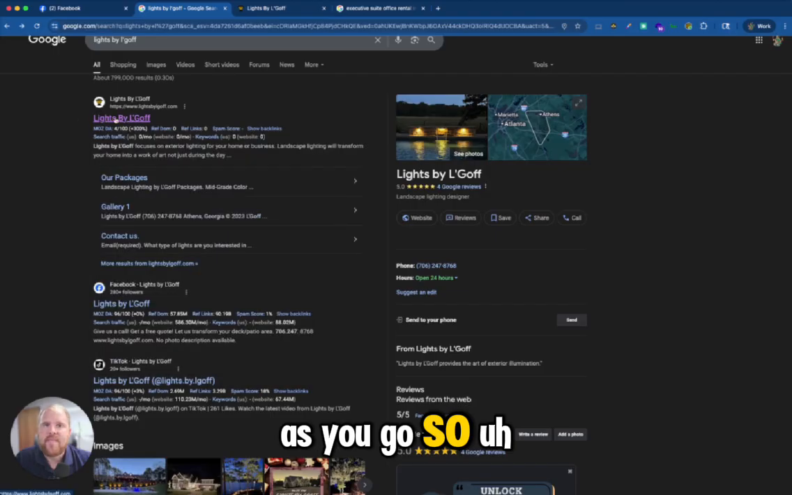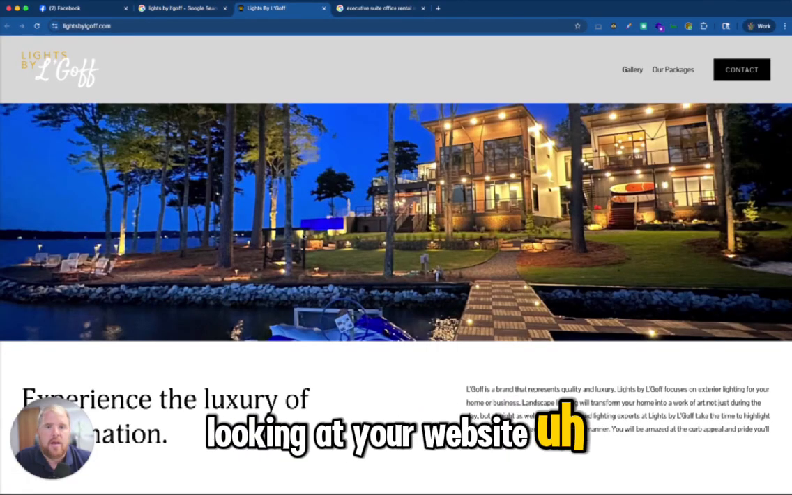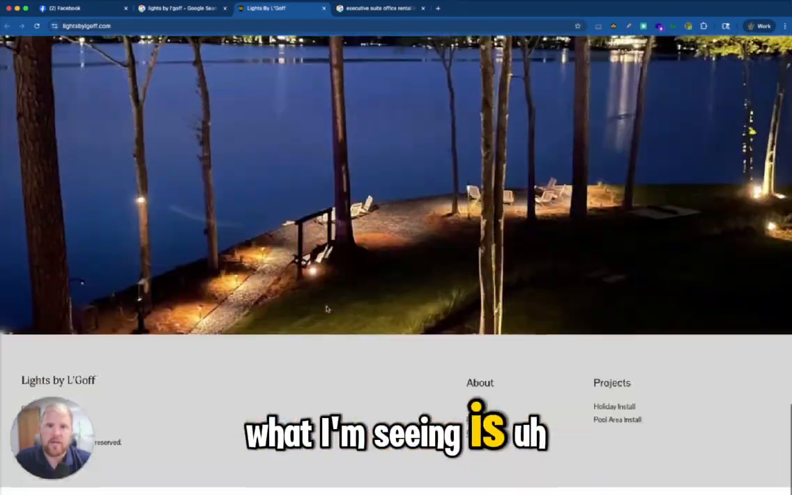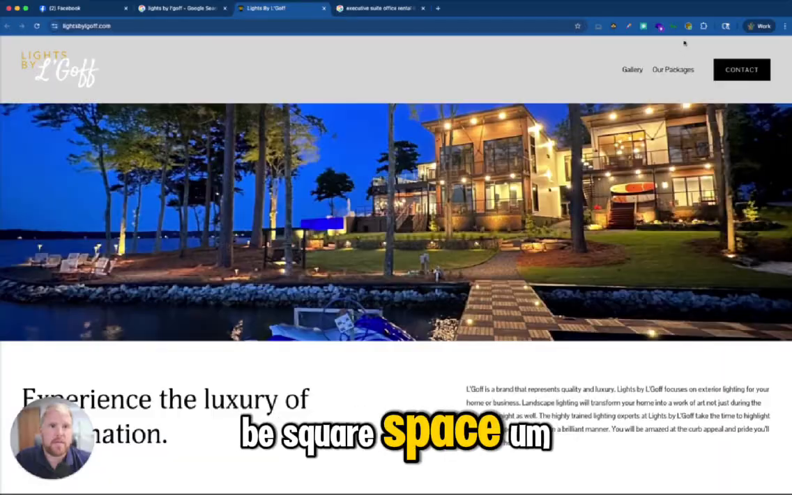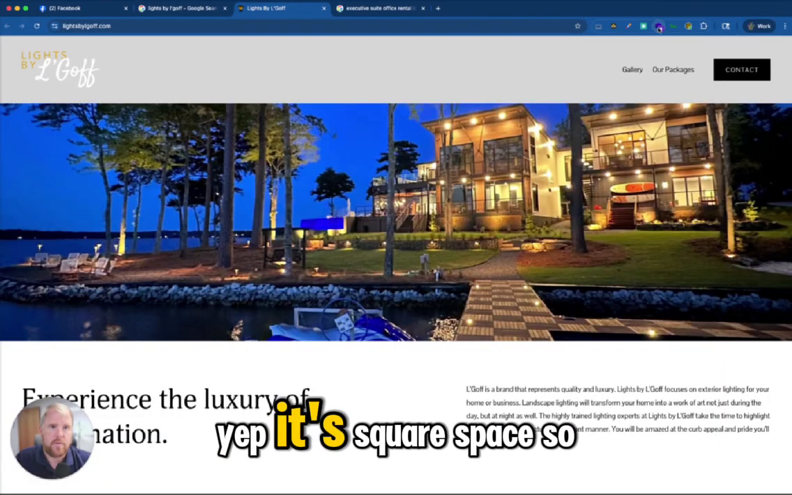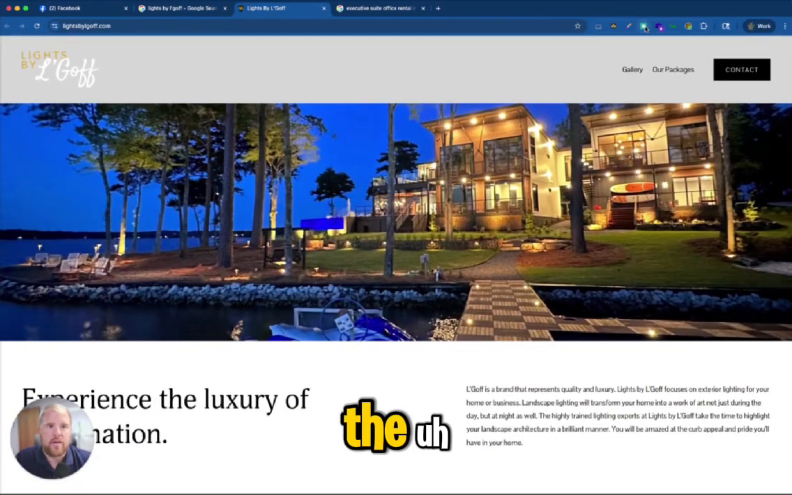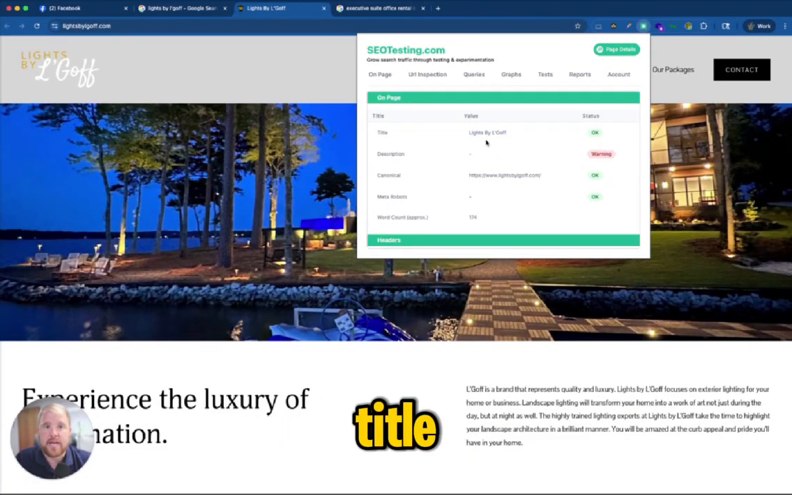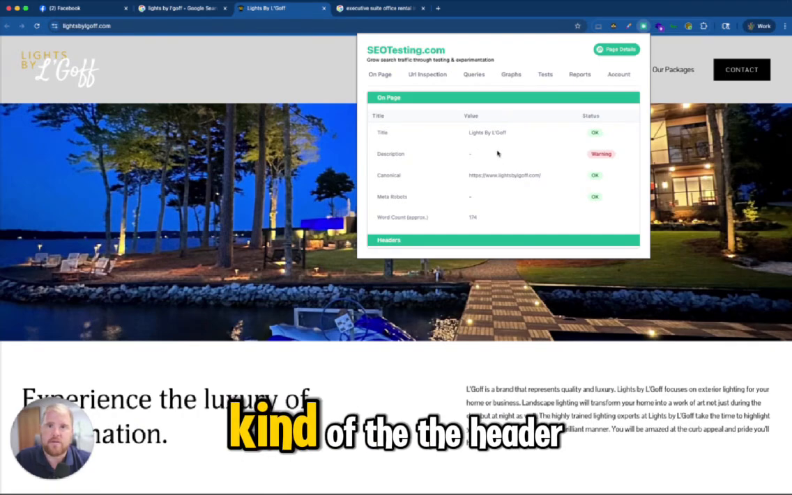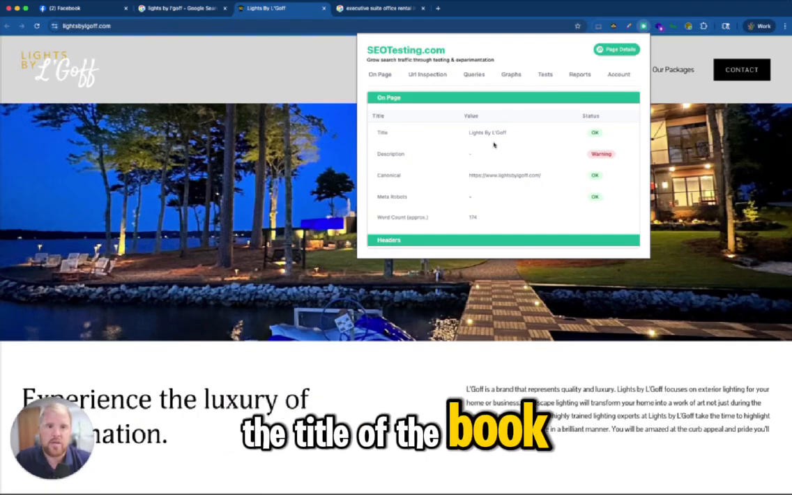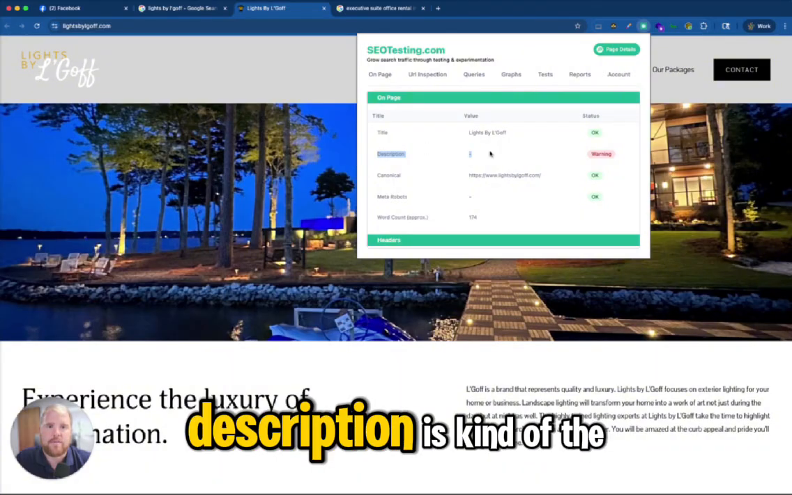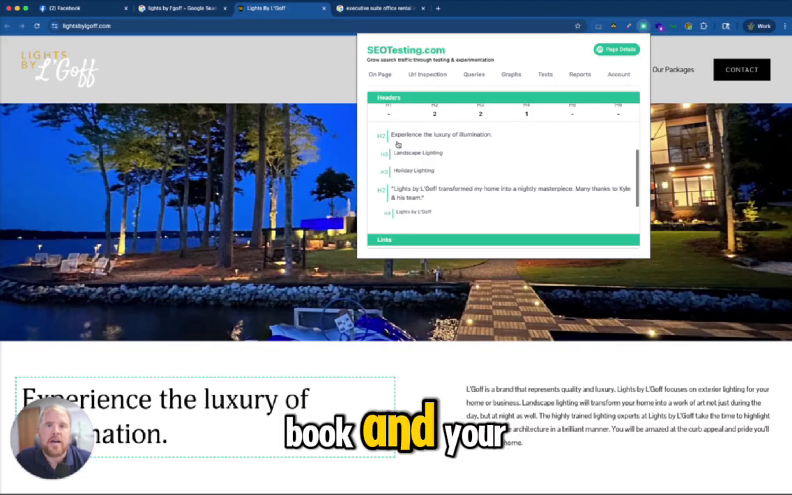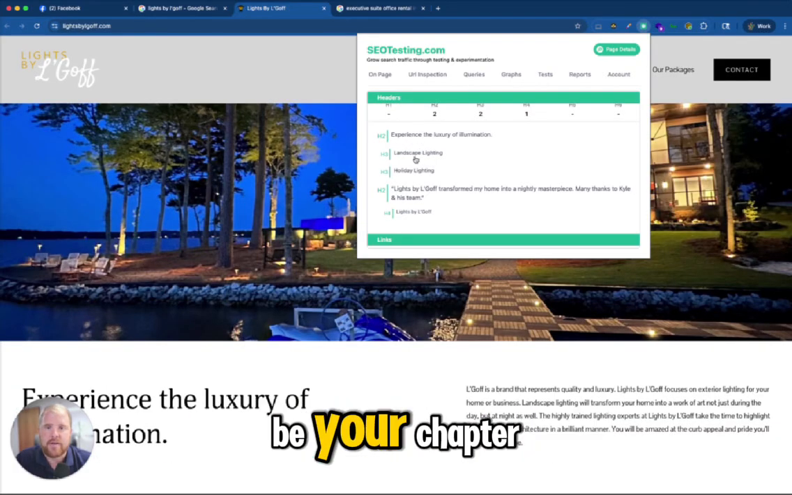So looking at your website, by and large, it looks like it might be Squarespace. Yep, it's Squarespace. So this SEO data that I'm seeing, you've got your title, which is the header of the book, the title of the book that you're talking about. Description is kind of the inside flap cover, the teaser to try to get people to read the book. And your header tags are going to be your chapter